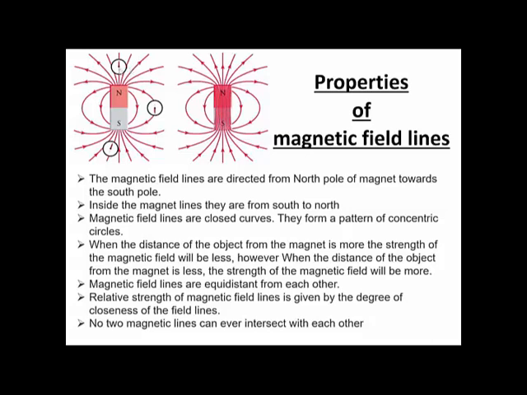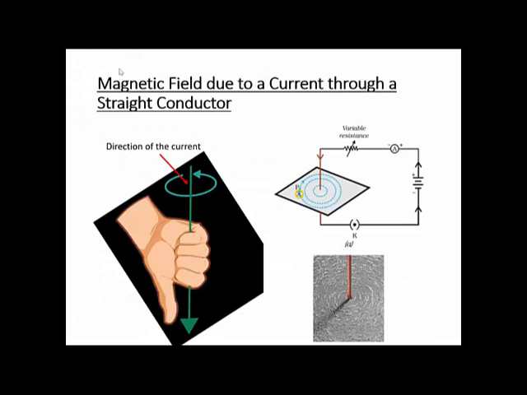Now suppose you have a conductor. Let's say this brown color, from here to here, is a wire. I have connected one end of the wire to the battery, and the other end of the wire is also connected to the battery. That means the conductor is connected to electricity. After I complete the circuit, what will happen? The current will start flowing, because I have completed the circuit. So look at this arrow.